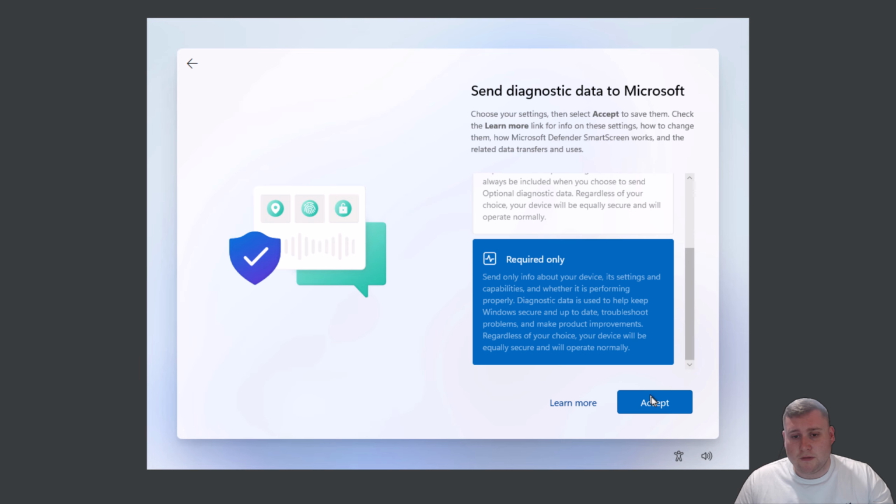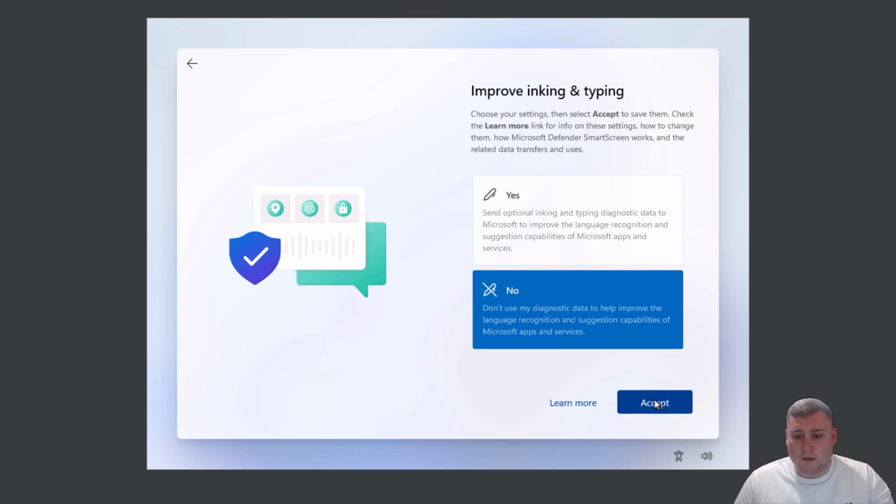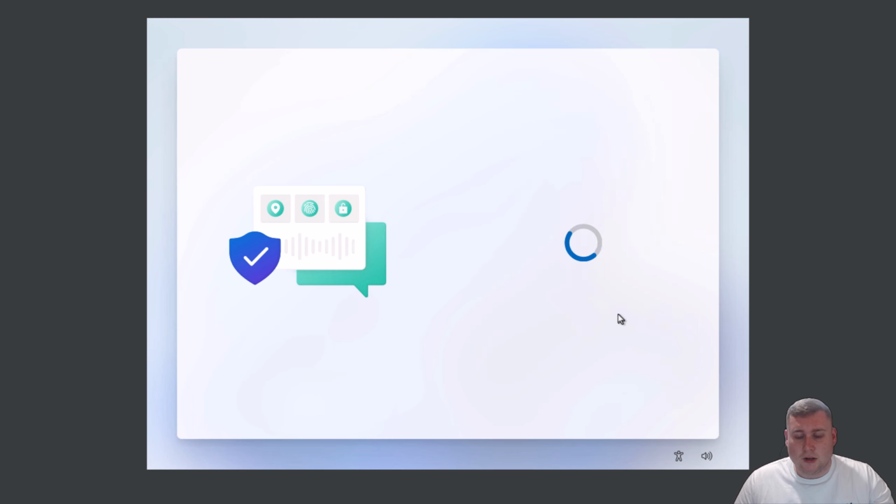Diagnostic data to Microsoft, required only. Again, you can't fully disable it. I don't know why I don't allow that, but Microsoft, what can we do? No to that one, no to this one. Keep clicking no, and then keep clicking accept. And that's it. What it's now going to do is a quick reboot,